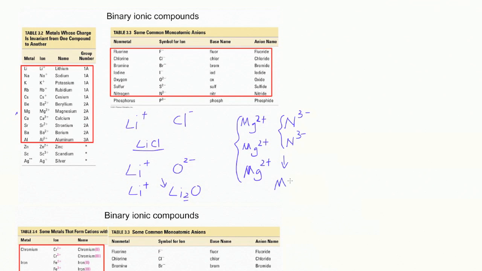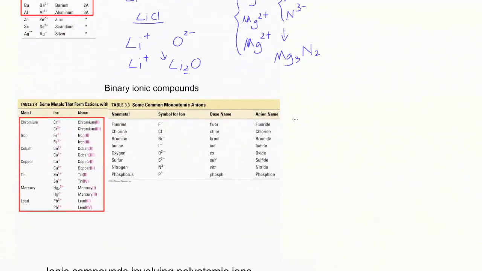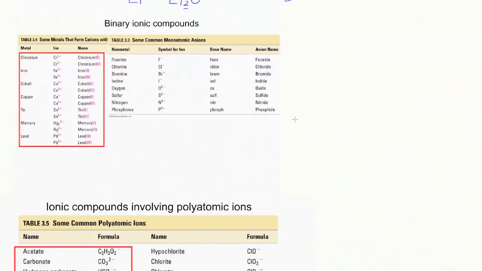It will give you the right formula. Magnesium 3 and 2. Alright, this is how we do the binary ionic compound. Okay, let's see more examples about the binary ionic compound, especially those binary ionic compounds involving transition